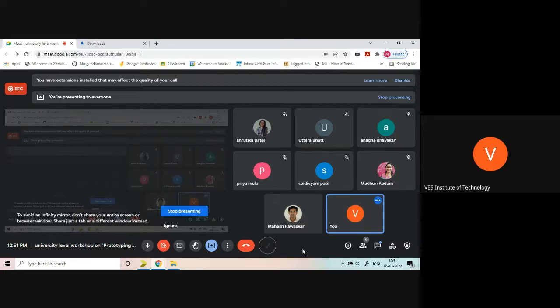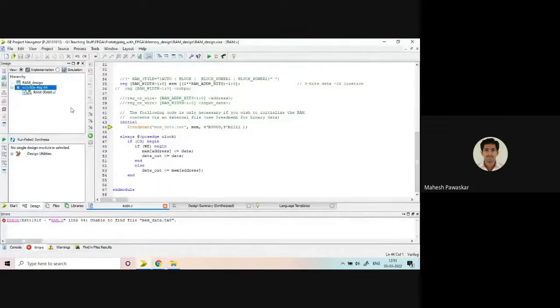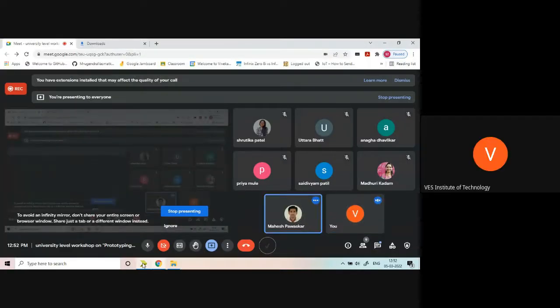So if you want to load a particular image from your computer into the block RAM of the FPGA, then you have to use this. Sir, if we use this file in our code, that's why it will infer block RAM, isn't it? No. If I am not inserting this file, then also block RAM will be inferred. The thing is that it will not be initialized. It will be a blank block RAM. Then you have to write into the block RAM through the VHDL or Verilog port.